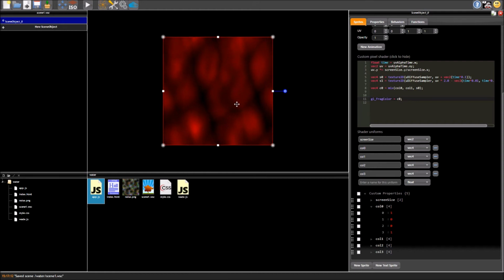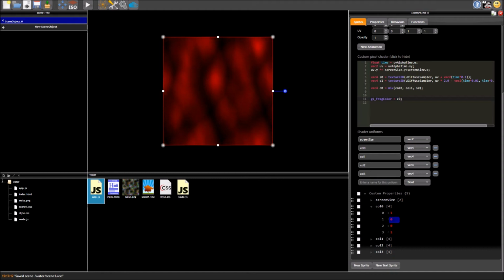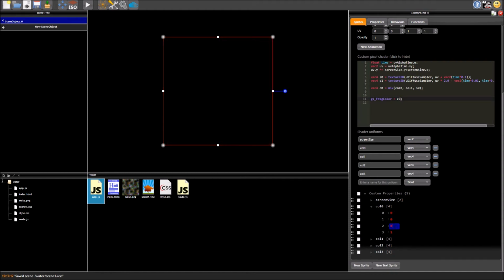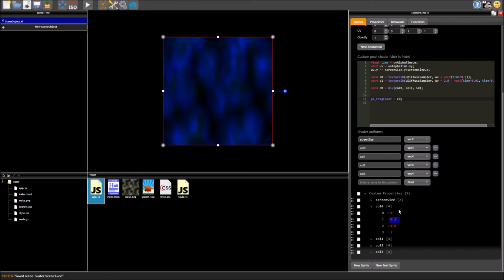Now, that looks a bit demonic, all red, and that is of course because we have our color set as red. Now we're going for water, so I'm going to add in more blue, so we'll just start with 0.5 on this one. And that's very dark. Let's actually go up to 0.8, and I'm going to add a tiny bit of green just to make it lighter. A bit more. That's better.